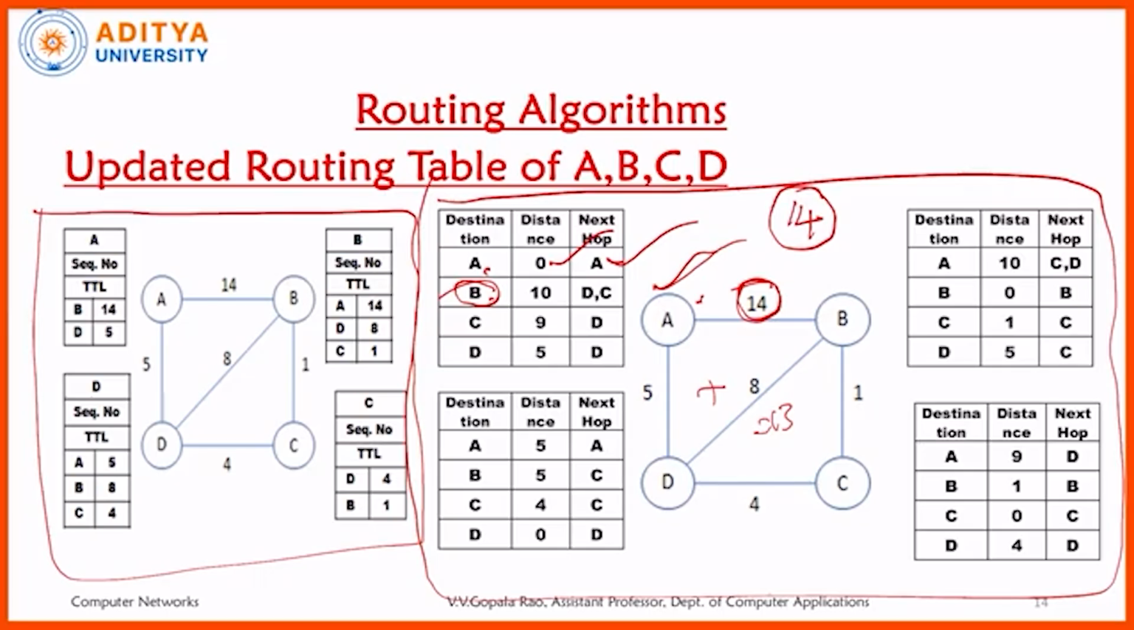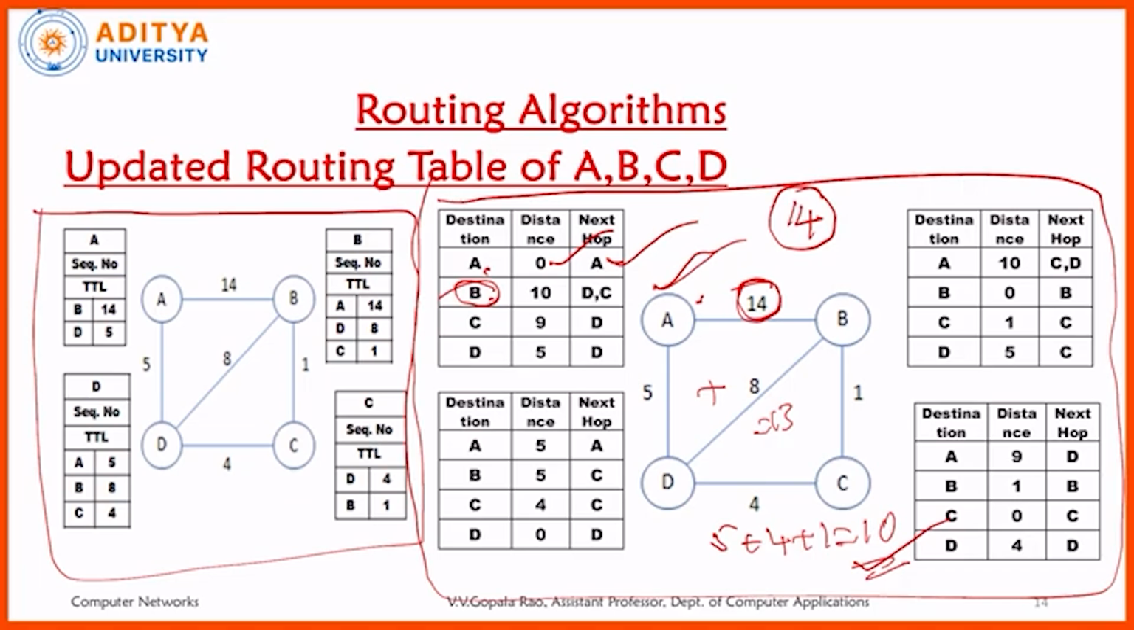And what is the other path? A to D, D to C and C to B. So A to D is 5 and D to C is 4 and C to B is 1. That means 5 plus 4 plus 1, it comes to 10. So now you compare: 14 is one cost, 13 is another cost and 10 is the third one. So now it is going to compare which is the least cost in this. So naturally 10 is the least cost value, so from A to B the path can be of